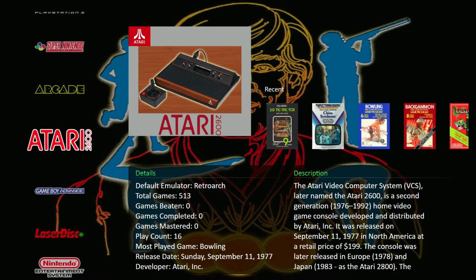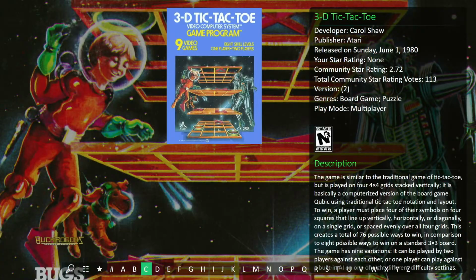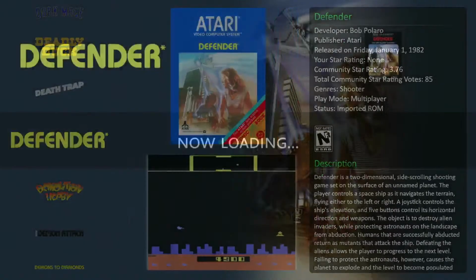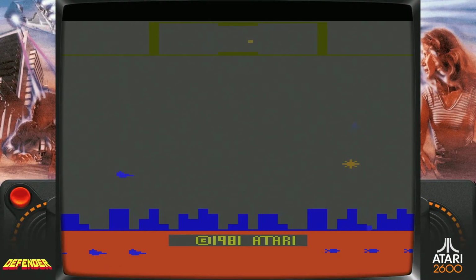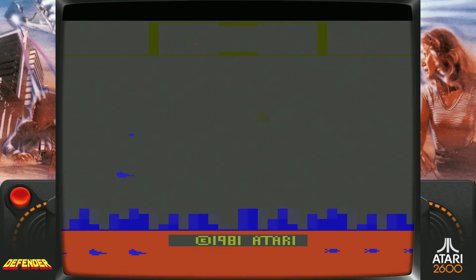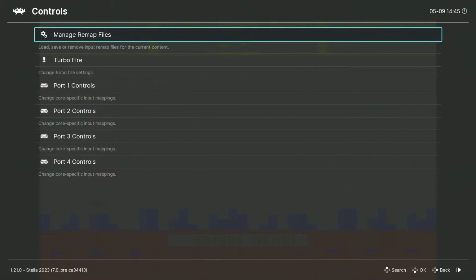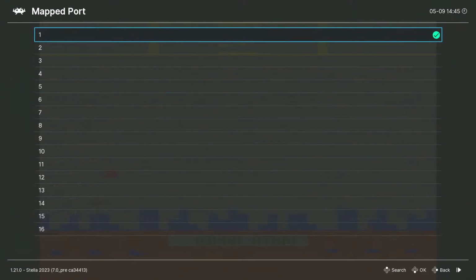Okay. I have not gotten the Atari games to work properly yet. That's gonna be another challenge. Let's try Defender, because I don't remember how far I got with it. There's Defender. So let's see how Defender works. This is supposed to be using, okay, so we select, no. So it is not using the keyboard. Why? What is your problem with this core? Controls, port 1 controls, mapped port is not that. It should be,